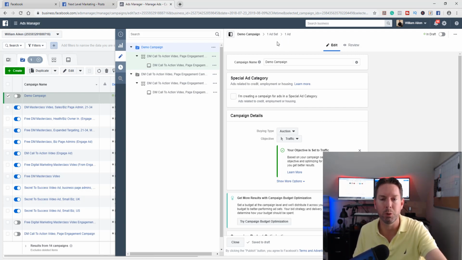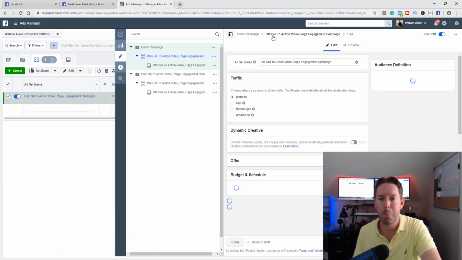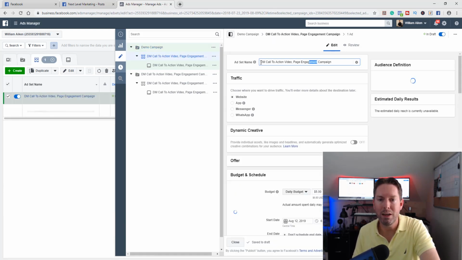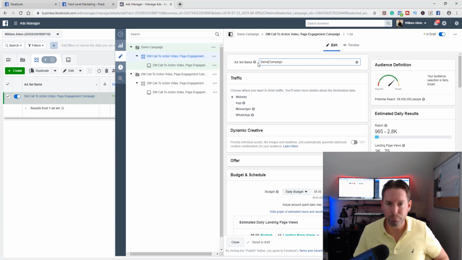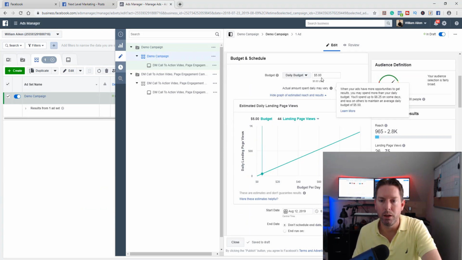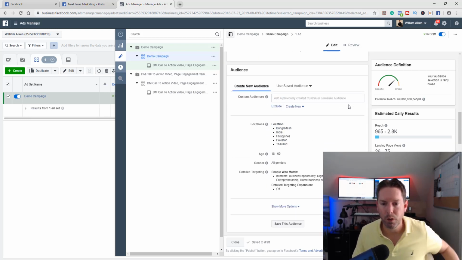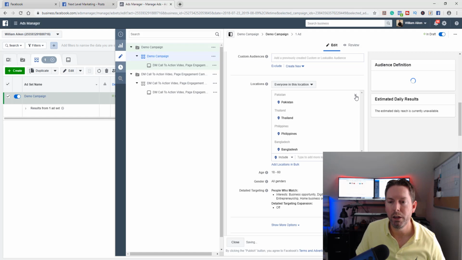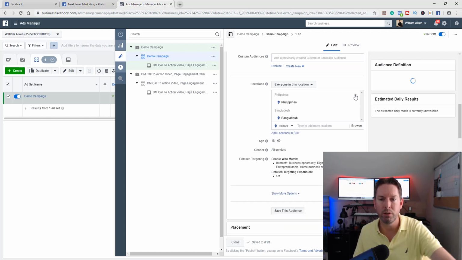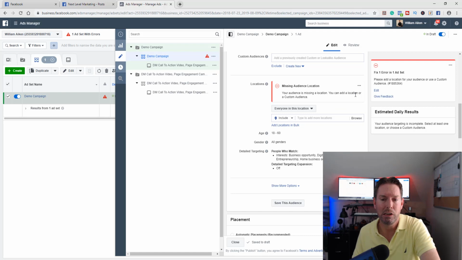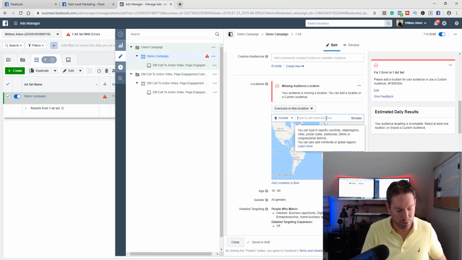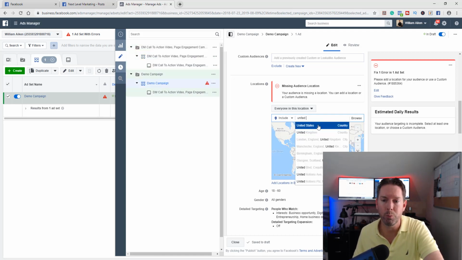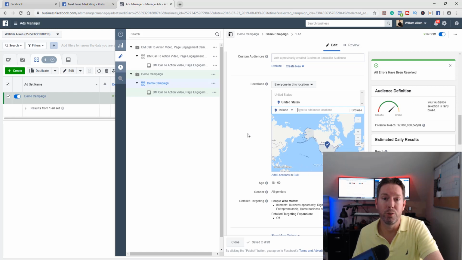If you want to know how a Facebook ad works, go ahead and click on ad set, and rename it whatever you want to call it. We're going to go down here, and you can keep it at $3 a day, $5 a day, or whatever your budget is. You're going to go down to location. We need to take those third world countries off. Unless there's a specific reason you want to run traffic to Bangladesh, you really don't need to do that. If you're located inside of the United States, that's where you want to run your traffic, because that's where